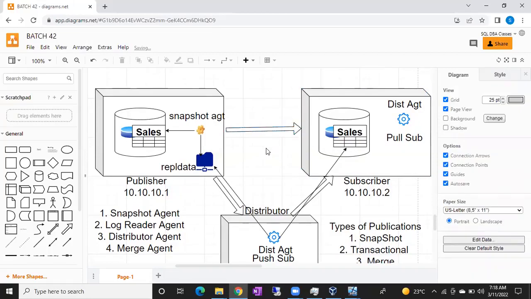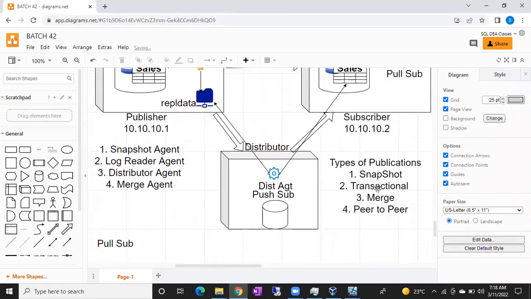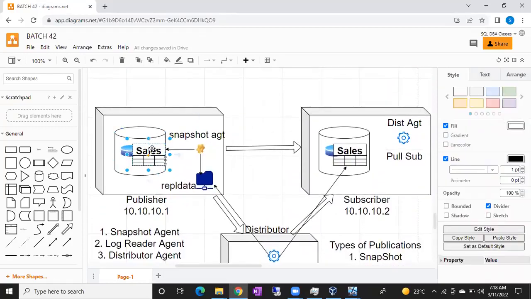Snapshot and transactional replications are both unidirectional. Whatever changes you make on the publisher side will be applied on the subscriber side. Only one-way traffic. That is called unidirectional.